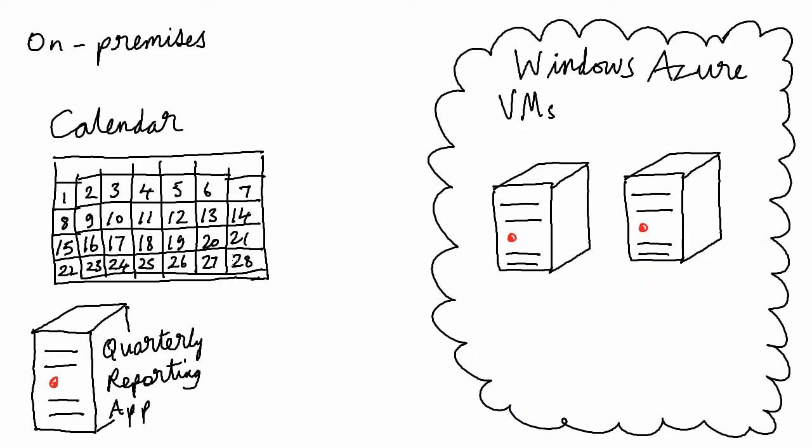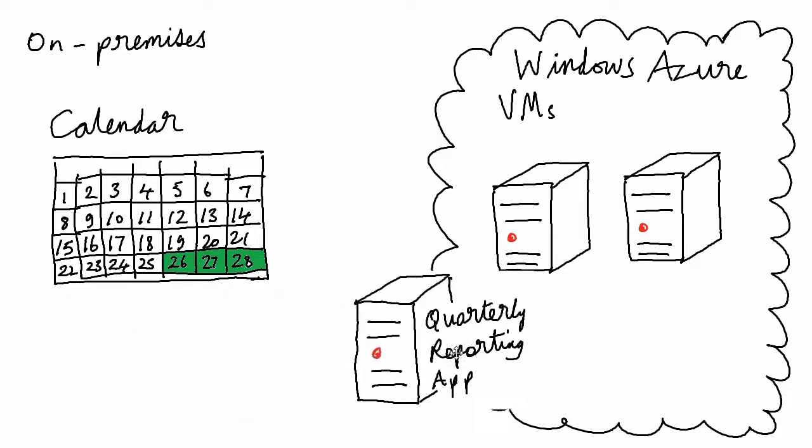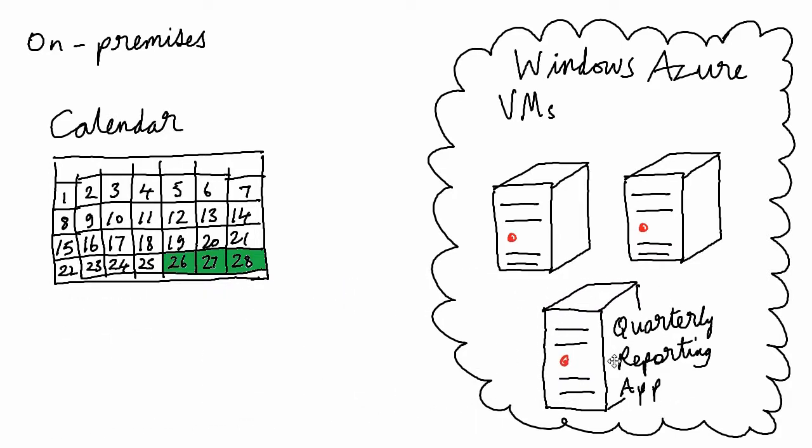Imagine your organization has a server dedicated to a critical yet simple quarterly reporting application. It's only ever used for 3 days at the end of each quarter. It's an old, custom-built application. The source code was lost many years ago. The knowledge and expertise that built it have disappeared into the ether, and it only has a GUI-based setup program. It's not a great candidate for a Windows Azure cloud service, but it'll work perfectly as a Windows Azure virtual